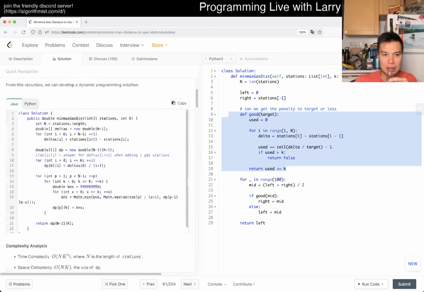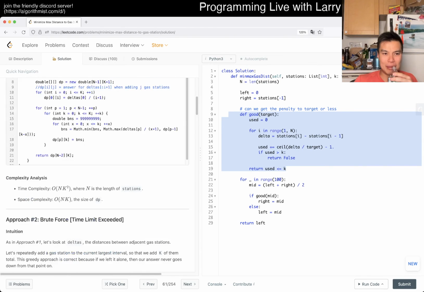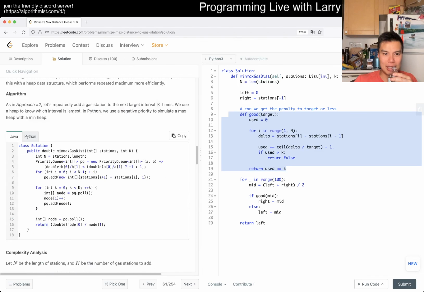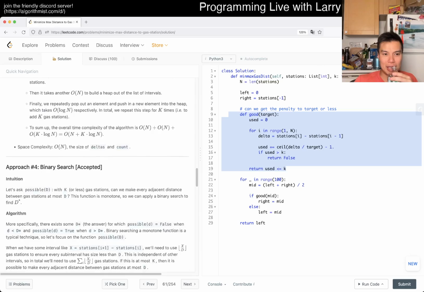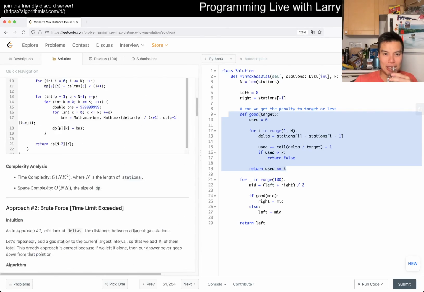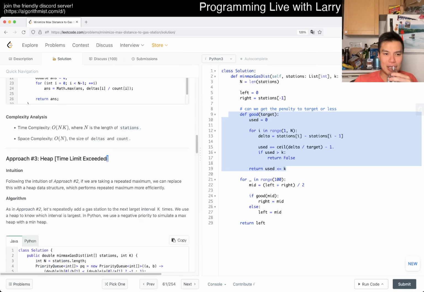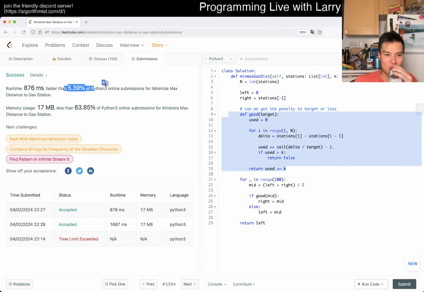DP. I mean, I didn't even think about using it. There's an obvious DP, but yeah, brute force is also time limited. Heap is time limited. I thought heap may be fast enough, to be honest, but yeah, binary search accepted. Okay, well, thanks for wasting my time with the other three. But I don't know why that is. Why is it so slow relative to the other ones? Because usually,